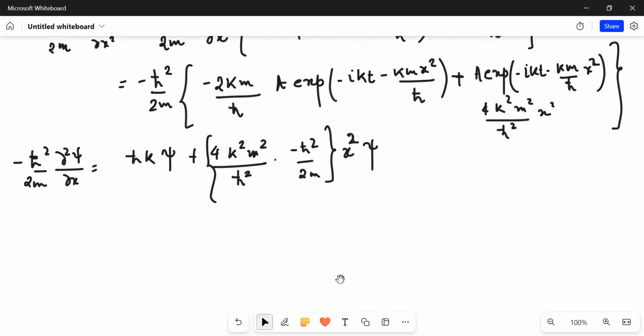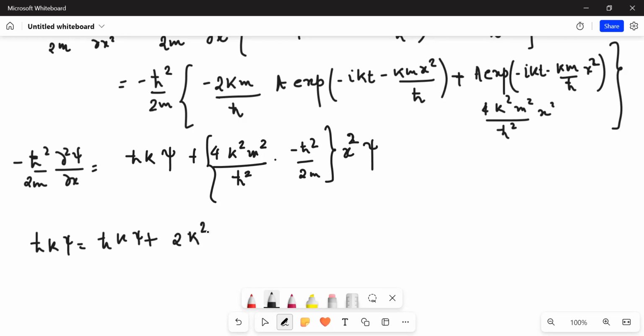Okay, so overall I know what is H cut. On the right hand side we have iota H cut del psi upon del t, and that is something that we have seen is equal to what? It is equal to H cut k psi. On the left hand side, on the right hand side we have again H cut psi plus this thing is like